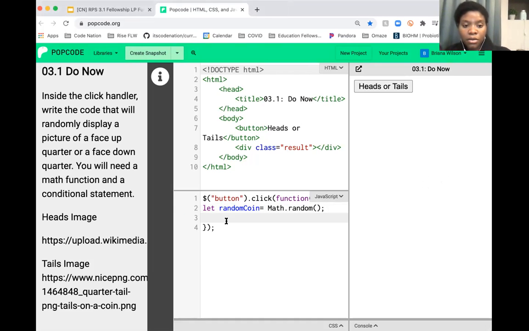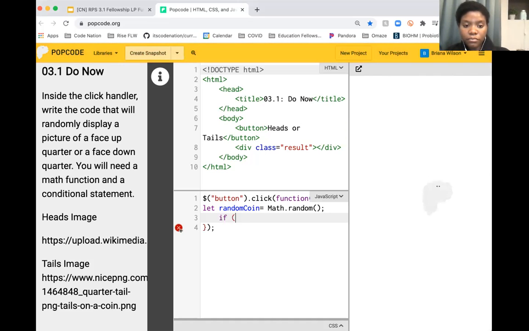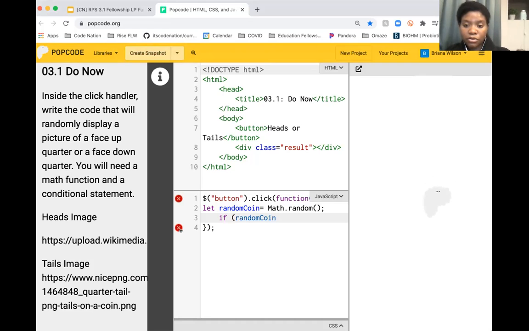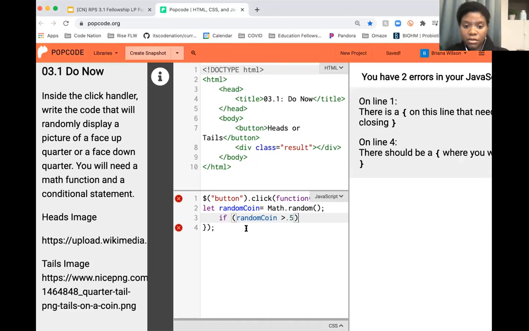So we need a conditional statement because there are 2 possible outcomes. So we start conditionals with if randomCoin is greater than 0.5, half of 1,